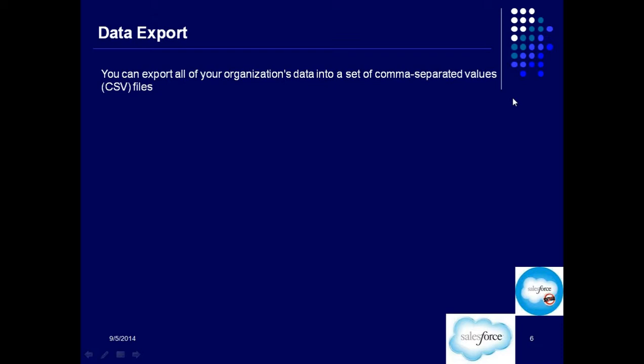You want to take some data outside Salesforce. You will use the data export option, and data export also allows you to take out the data into CSV format only. So Salesforce in a way recognizes only CSV. It imports data from CSV, and it exports data into CSV format.